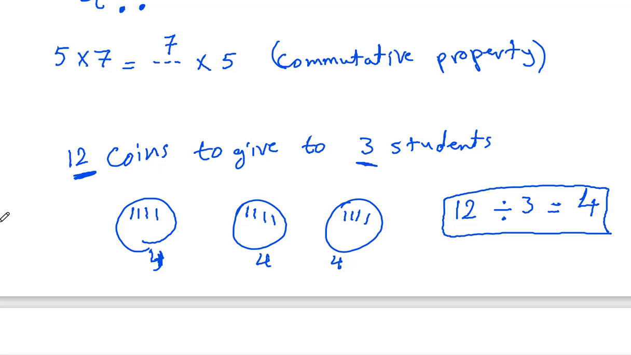After that, we started on the facts, and the facts are the multiplication table. Simply, when we multiply 0 by any number,